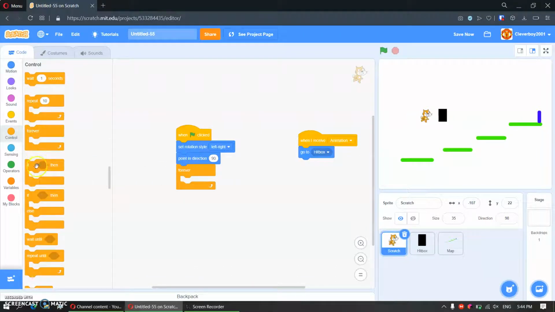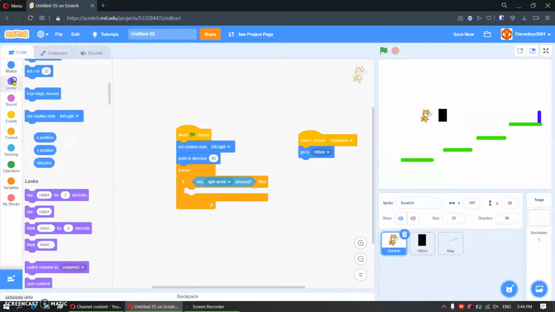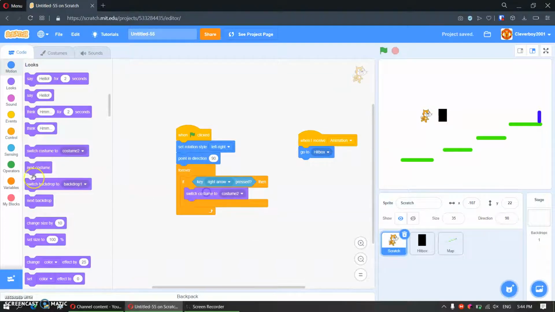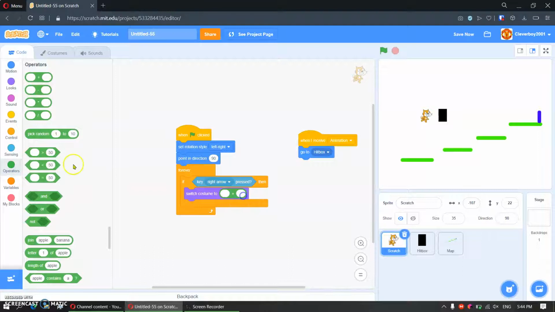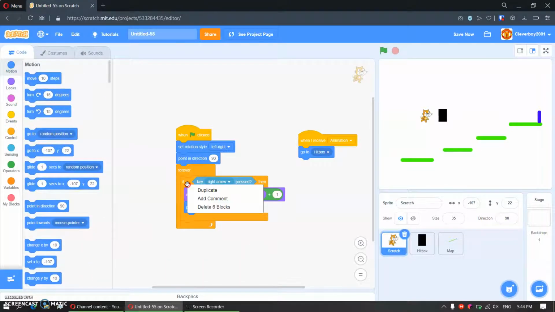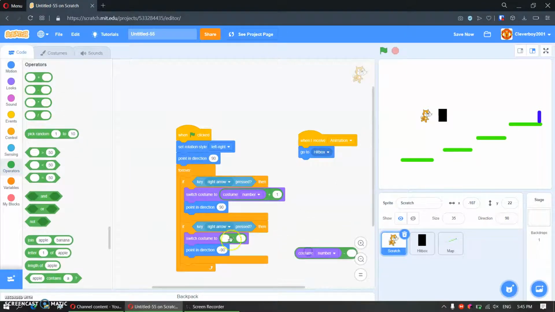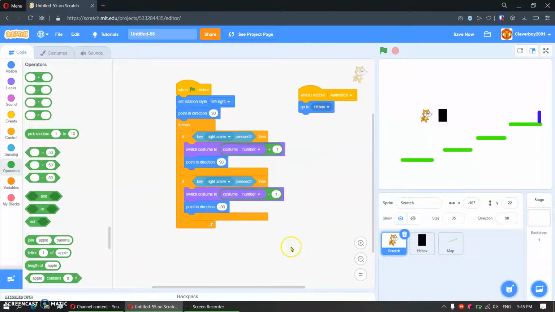Forever, if key right arrow pressed, then we will switch costume, costume number +1, point in direction 90, duplicate that, make it -90, okay, switch costume to costume number, take away 1,